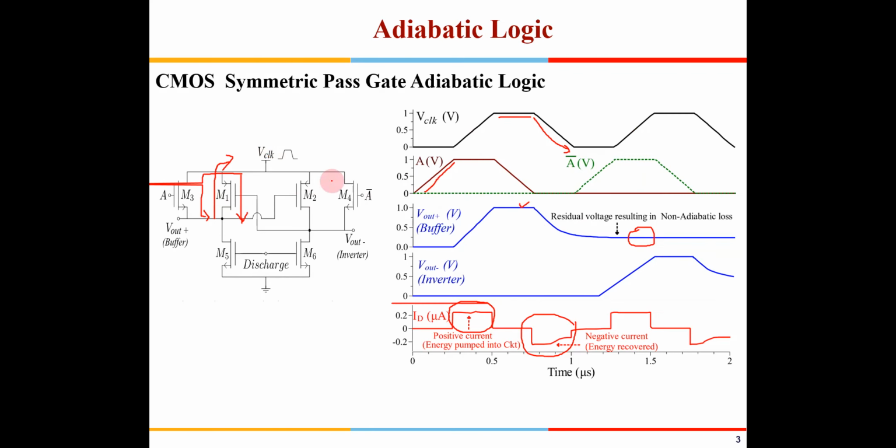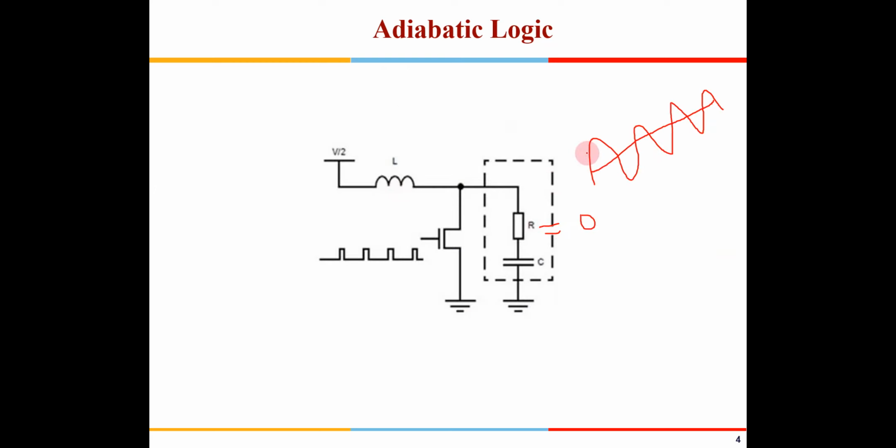Out here, right? So during the positive going cycle, this charge from here will go into the circuit, and during the negative going cycle, the charge again from the circuit will be brought back into these capacitors and inductors. So I can recover back this charge. So once I give VDD here, if there is no resistance at all, then this can continuously oscillate until infinite